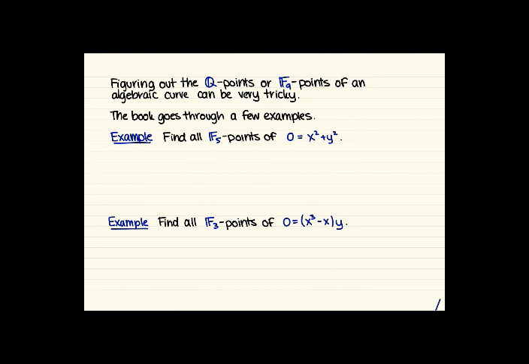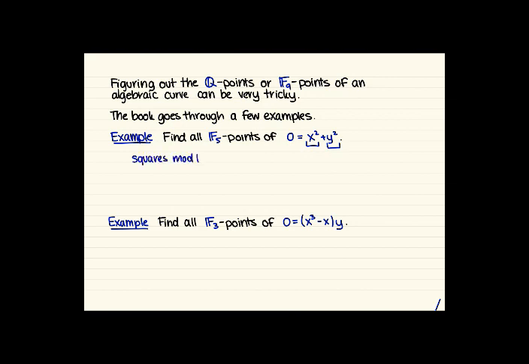So for a couple of examples here, we're going to go through and find all F5 points of this equation 0 equals x squared plus y squared. In this situation, we're going to look at what the possibilities for squares are here. If we can figure out what this first part can be and what this second part can be, then we can look at how we can add those two parts together to get 0. So we'll start by looking at the squares